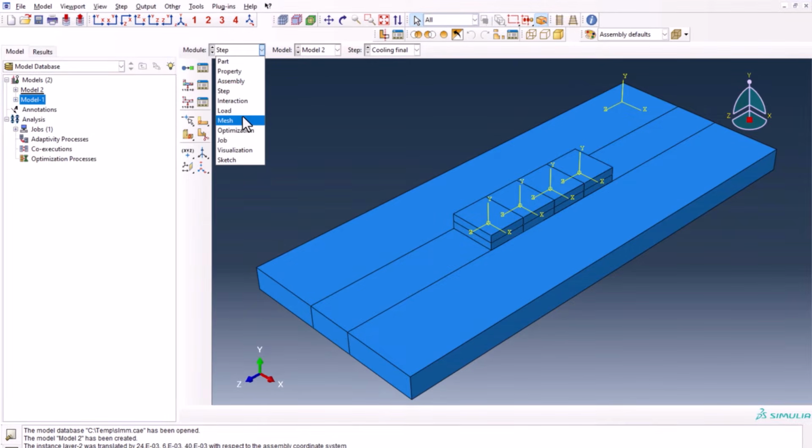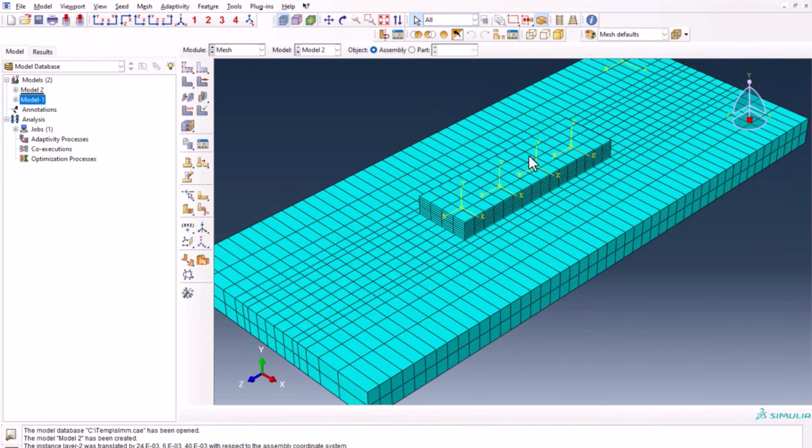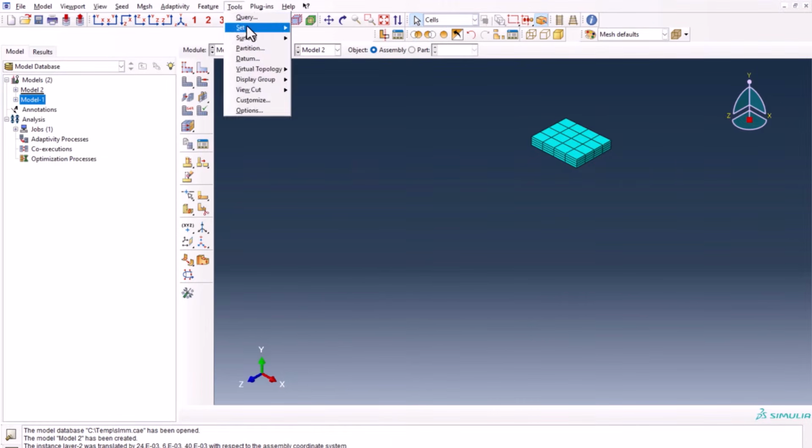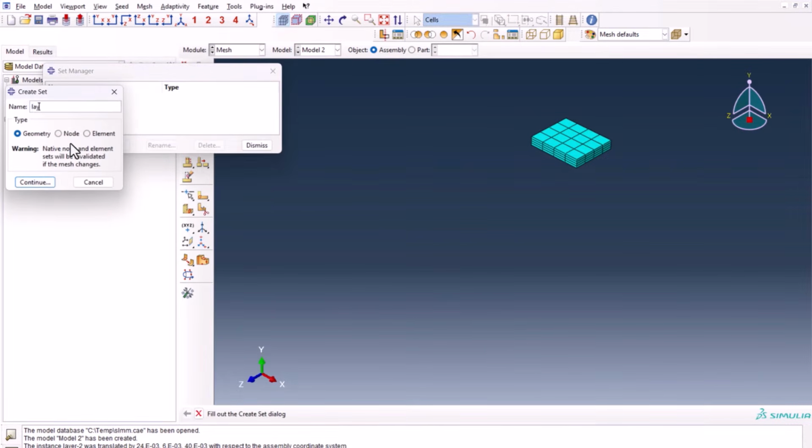Now it's time to go to mesh. As we see here, we have the second layer meshed because we basically assembled a new part, but we want to create more sets. So from here, we put it on cells. This one should be the first cell of the second layer because this is going this way. This cell goes forward through here, then come back like this. So this one is the first one. We put this one. Now from tools, set, manager, we create layer 2, set 1, element,